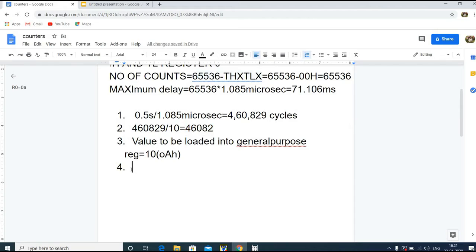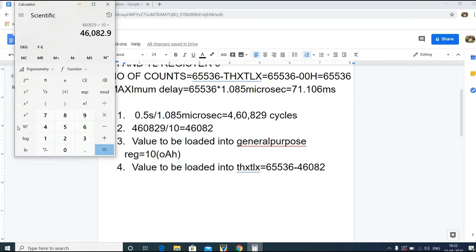That is, the value to be loaded into THX and TLX register is equal to 65,536 minus 46,082.